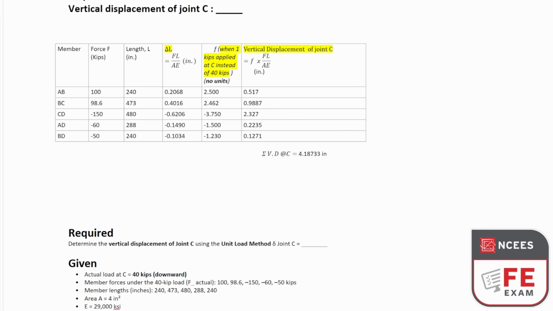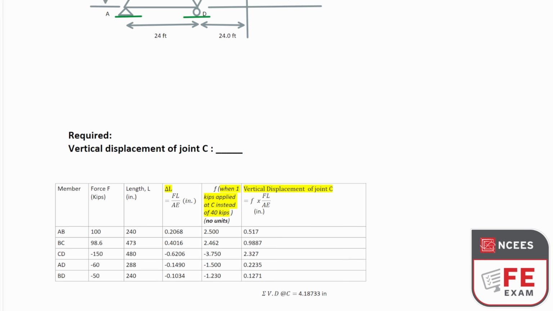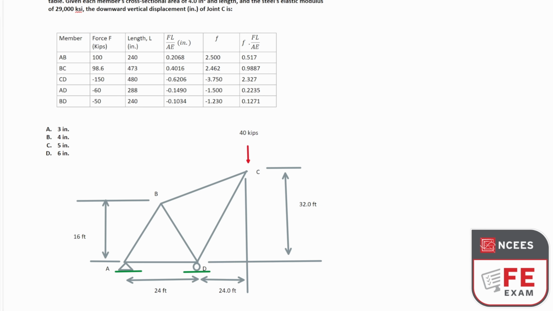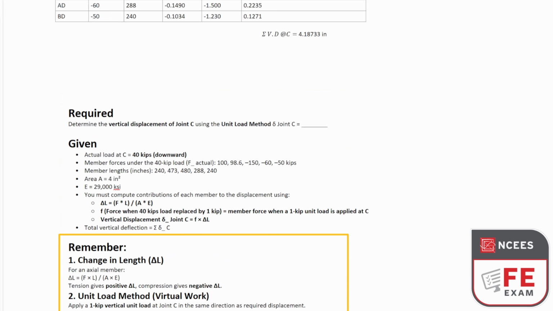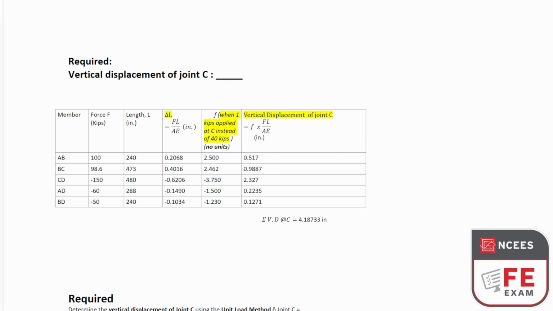Got it? So in order to solve this question, it's not as complicated. You don't need to know any formulas or anything. You just have to understand the concept of what all is happening here. They have already directly provided the vertical displacement of each of these member because of the load being applied on joint C. That is the values were given here, each of them. So what is the total displacement of joint C? That is nothing but the sum of each of the displacements of each of these members. So if you just simply add all of them, you get